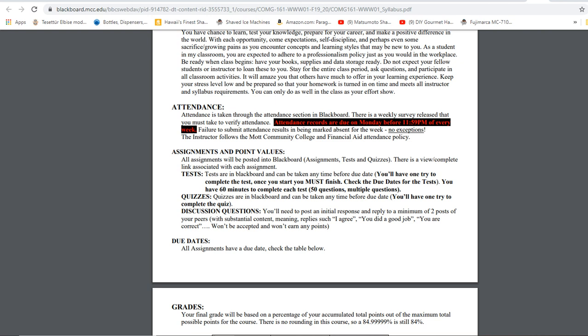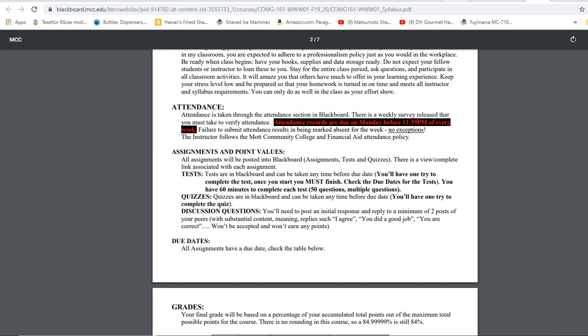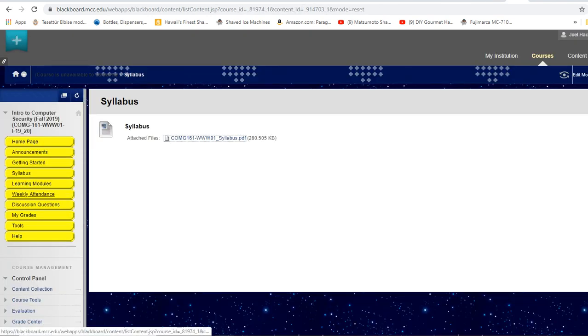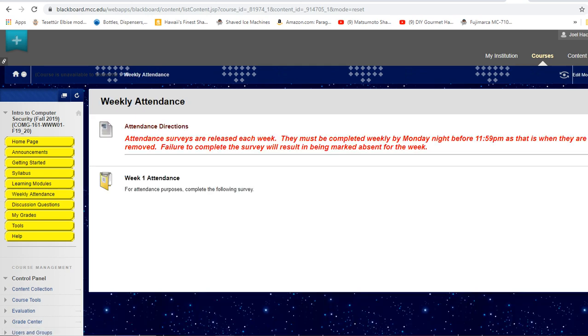If you are paying out of pocket, then you don't have to worry about it, as attendance does not affect your grade. It only affects your financial aid and meeting the requirements of being present on a weekly basis. So if you do get financial aid, you'll have to remember to go complete attendance, which let me show you really quick. It's another weekly attendance. You'll get one